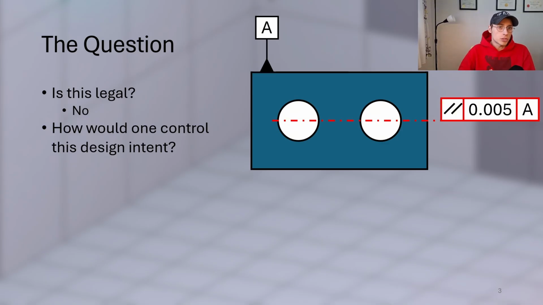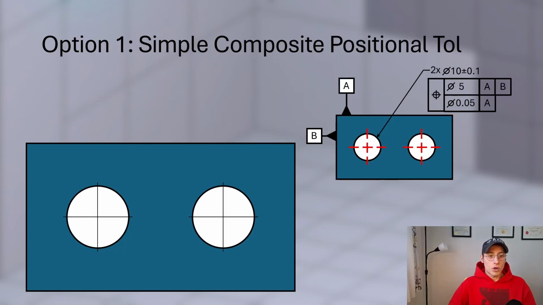But we should be able to communicate this design intent somehow. So how would we do that? I came up with three ways. And the last way is less of an assertion that this is a good way to do it, and almost more of a question to the community to see, what do you think about this and how would you approach it differently? So option one, which many people had suggested on the original post, is to use a simple composite